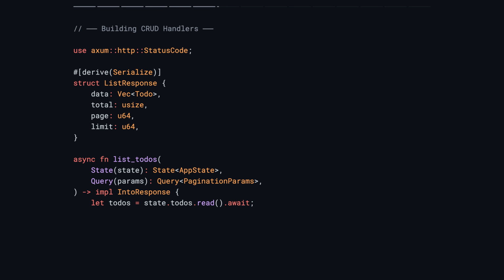Building CRUD handlers. List all todos, GET /todos. This handler reads the to-do list, applies pagination, and returns a JSON response with metadata. Create a to-do,